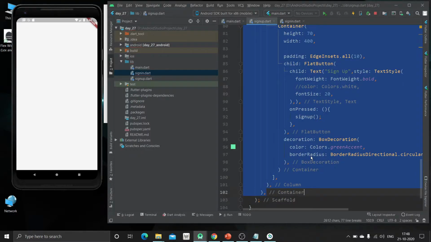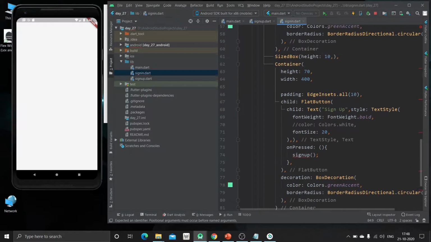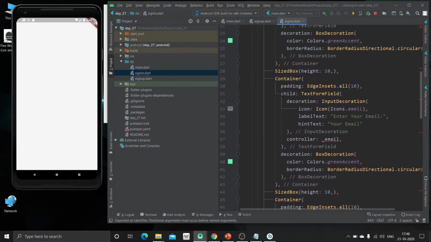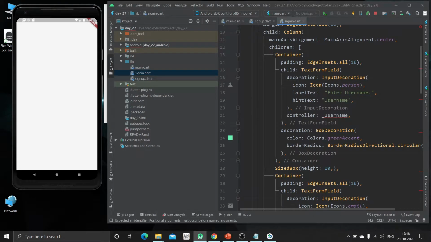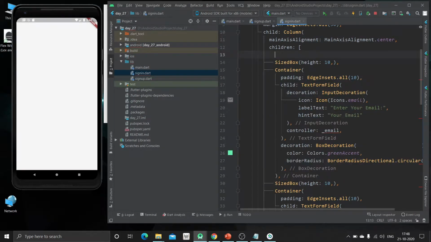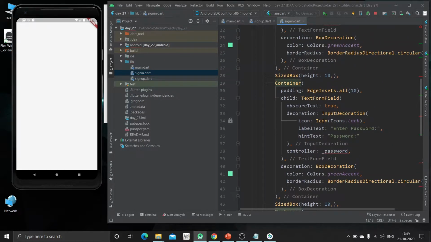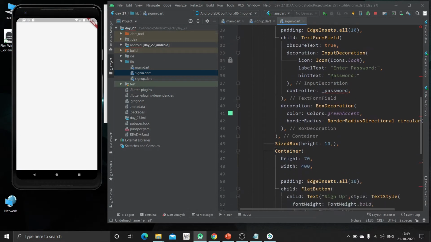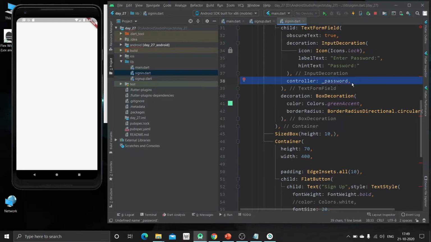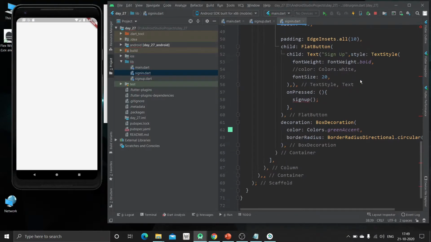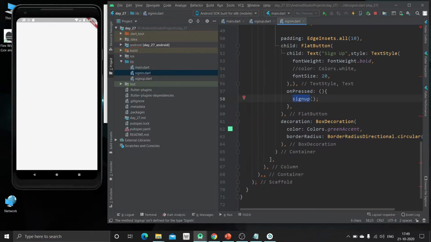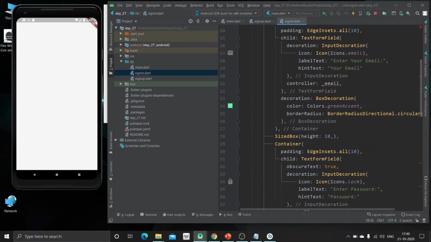The only difference will be that the username will not be there inside the login page, that is the sign in page. So only the email field and password field will be there. Here you will be getting an error, that is, this underscore email and underscore password. So again you have to create the text editing controller for this, and again you have to create one method for signing in the existing user.